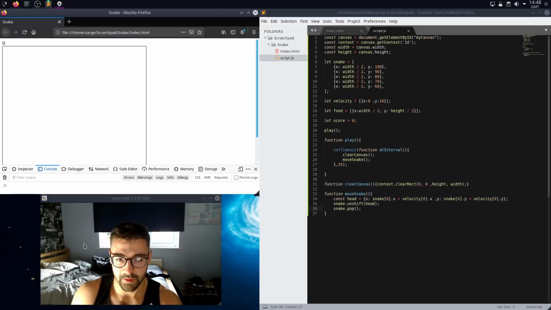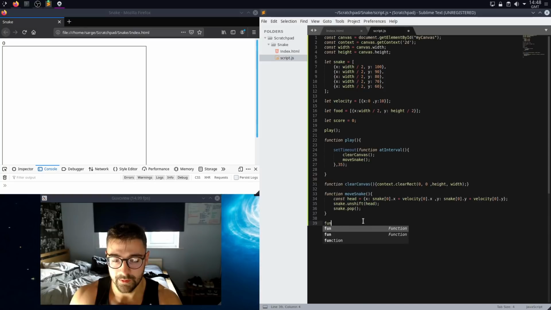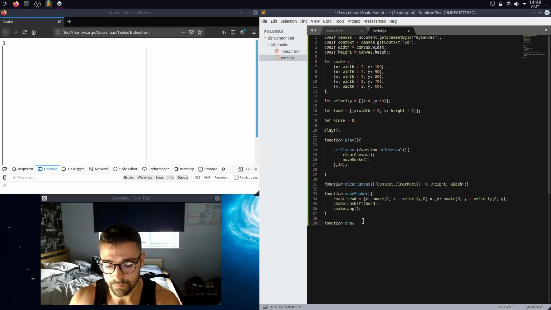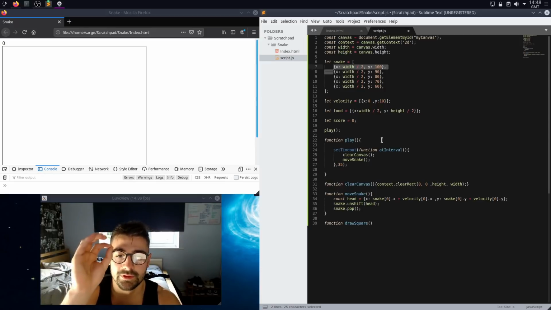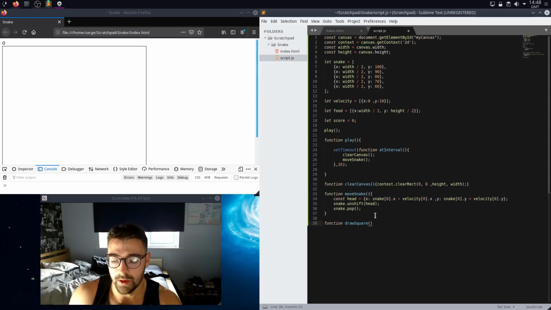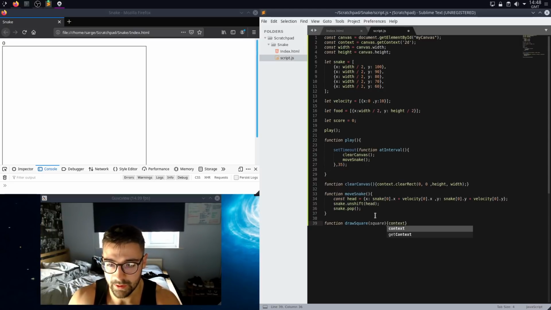But we need to draw. Because we're going to have to draw the food as well, we can just do a draw rectangle. It's going to be a square, so we do draw square. And what we give the draw square function is one of these objects which has an x and y, and then it will take those values and go into the canvas and draw. We're going to do very similar to how we were clearing a rectangle. We'll do stroke rect,